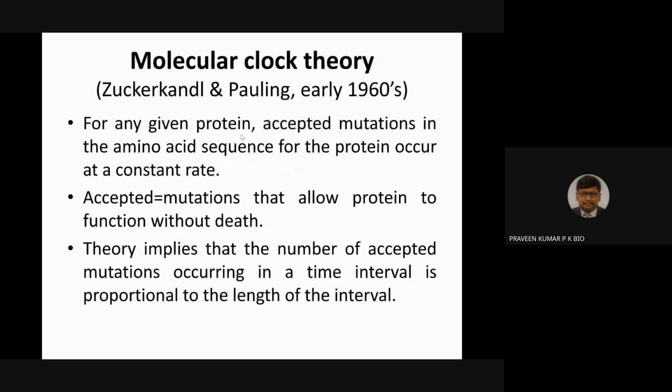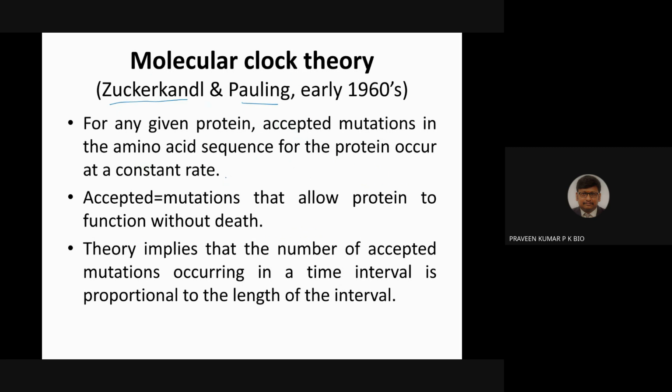So in this slide we discuss molecular clock theory. According to the molecular clock theory, we can have three kinds of hypotheses. The first, the initial hypothesis, was proposed by Zuckerkandl and Pauling in the early 1960s. According to them, for any given protein, accepted mutations in the amino acid sequence occur at